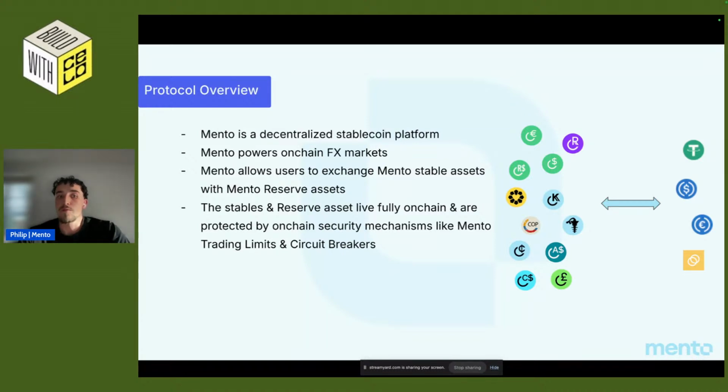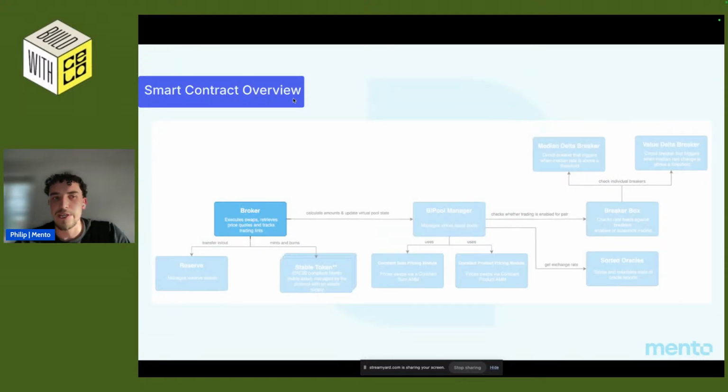Both these stables and the reserve assets live fully on-chain, and are protected by on-chain security mechanisms like our trading limits, which limit the amount of net flow that can go through a trading pair in a certain period of time, as well as the circuit breakers, which protect the oracles and the oracle rates from potential manipulation. So let's quickly take a look at the core smart contracts.